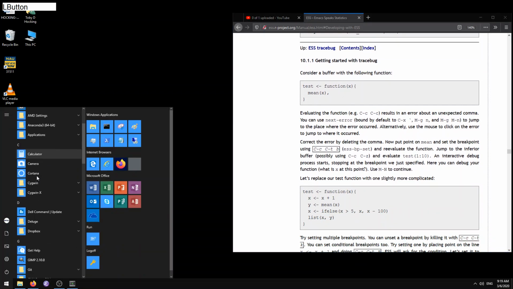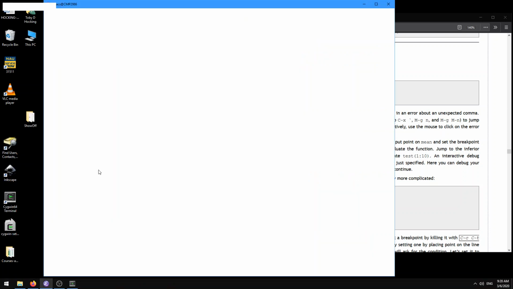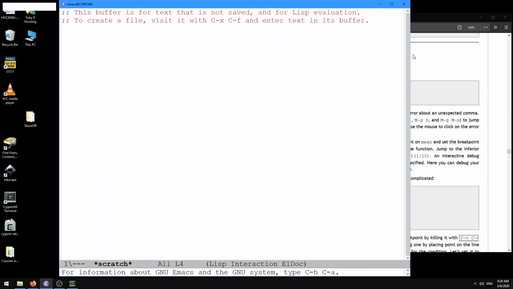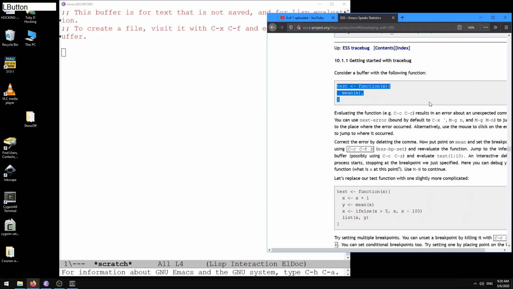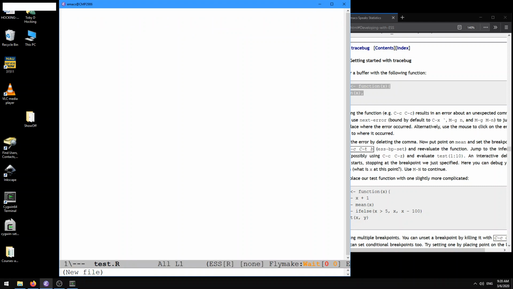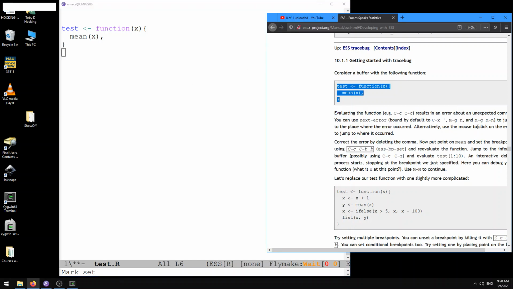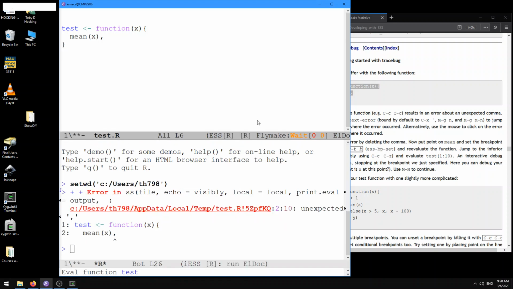So here I'm going to open up my local Emacs that we've been working with in the previous tutorials. And so in my local Emacs, let's put this test function. So here, let's open up a buffer test.r, and let's yank that with Control Y. And evaluating the function results in an error about an unexpected comma. So let's do that. So here I'm going to type Control C,